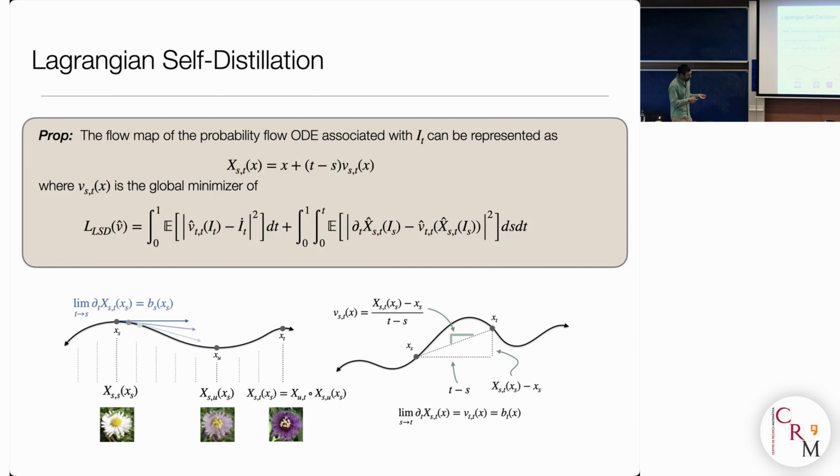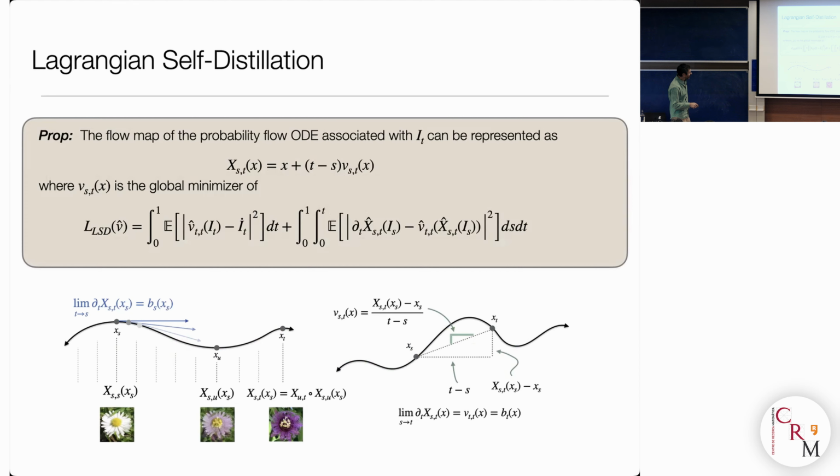And then, well, you can just use properties of the map to write a loss that learns this velocity field directly from data. In other words, if you have learned this two-time velocity field as opposed to the one-time velocity field that we had before, now you can integrate your ODE in one step. Okay, and there are generalizations of these to SDEs.